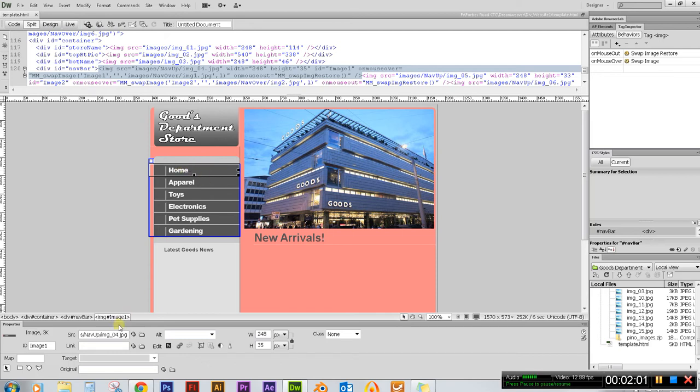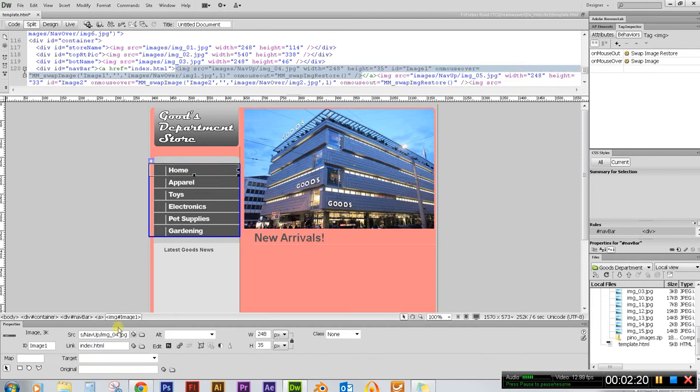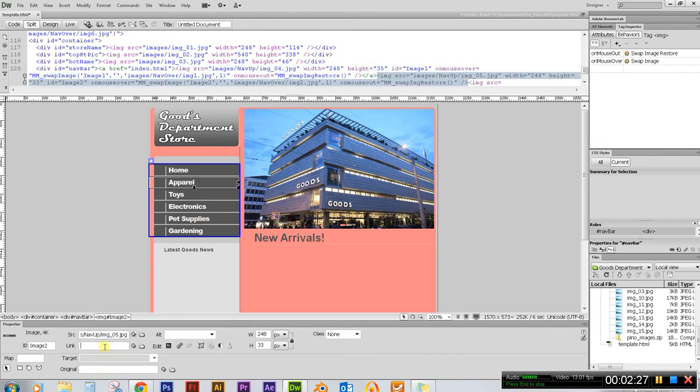So I'm going to click on Home here, and then go down to the link button down here, and then I'm going to type in index.html, and then I'm going to click now on apparel. But notice if I click back to home, it then updates and shows us what the actual link is. Let's go to apparel, and then this will be simply apparel.html,